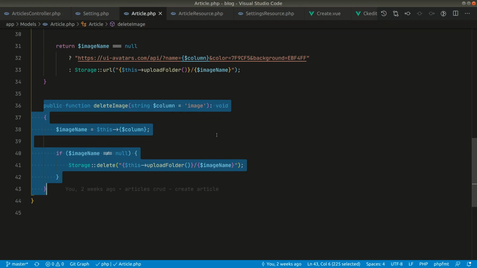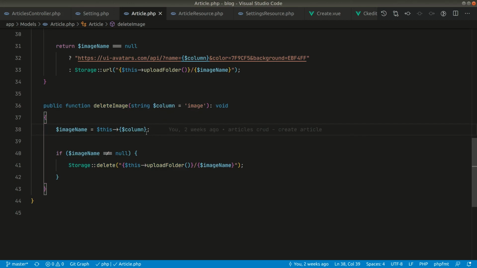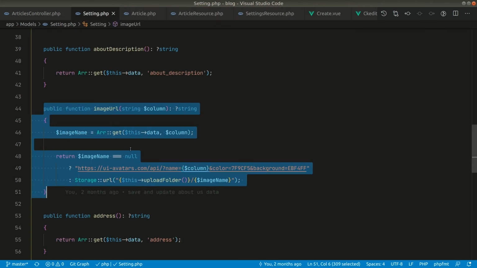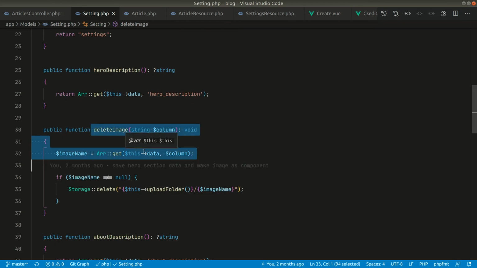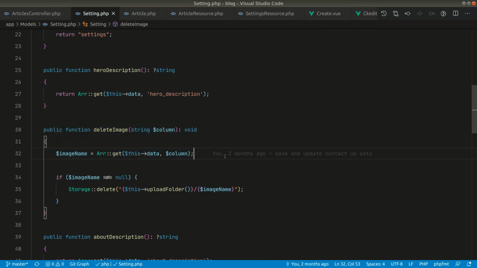Now as a developer we need to think twice, because whenever we duplicate code, it adds more burden to us. Because let's say when deleting an image we had to change something over here, then we have to again go into this delete image method on another model, and we have to change it here again. So we have to avoid this, and we'll be refactoring it, and we'll be using traits and contracts for this. By contracts, I mean interface. So that's it for this video, guys.